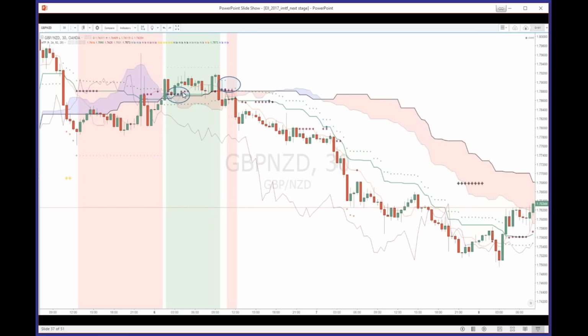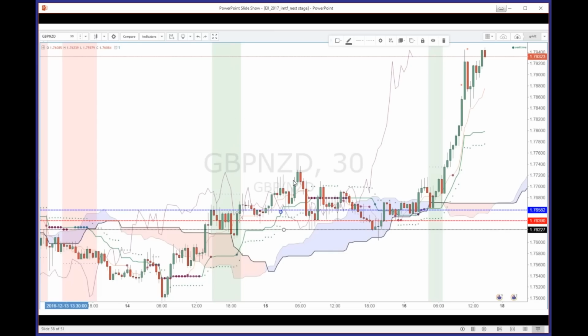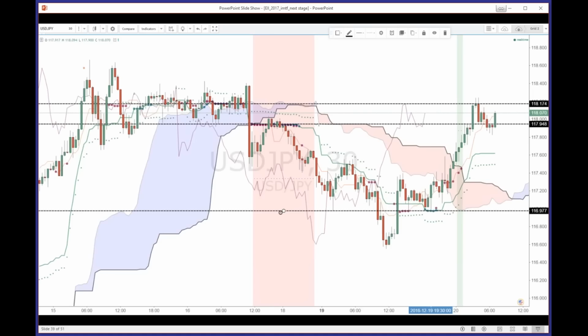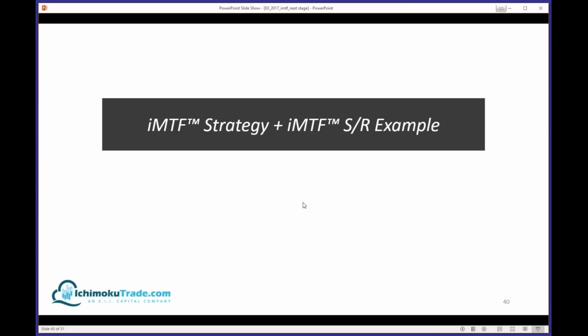In the green zone, there was a pullback trade that did get to the pivot high, so you did make some money there. And this red one here is where the big trend started to occur. Okay, this is pound New Zealand on a bullish trade going up. This is US yen on the 30-minute going down on the red zone here, and so forth. Okay, now